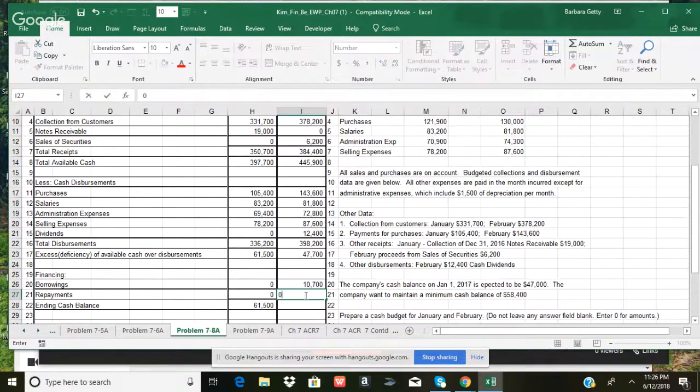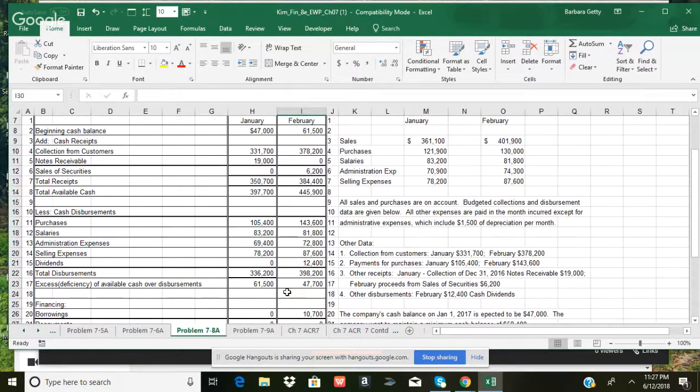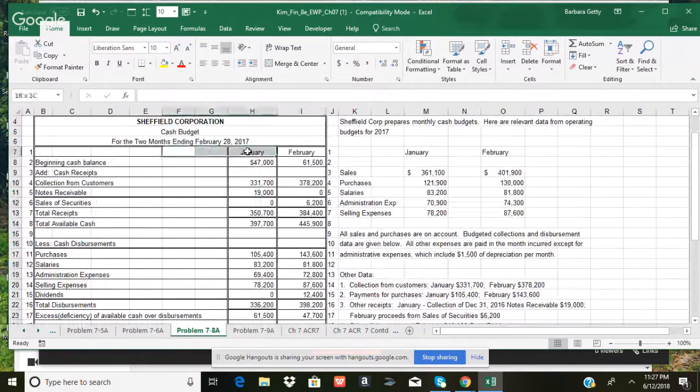Repayments, they show us that we have nothing for the month. So our finance ending cash balance will be $10,700. So this shows us for the months of January and February,